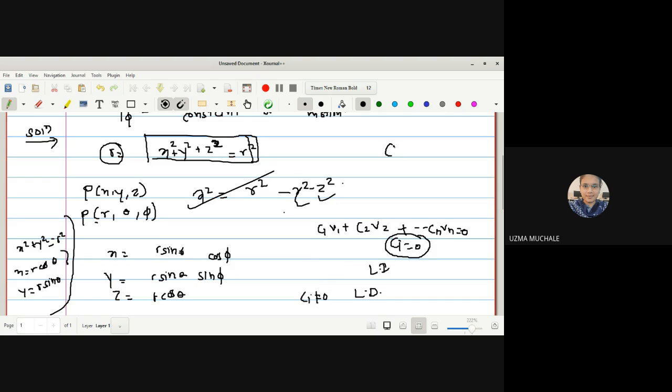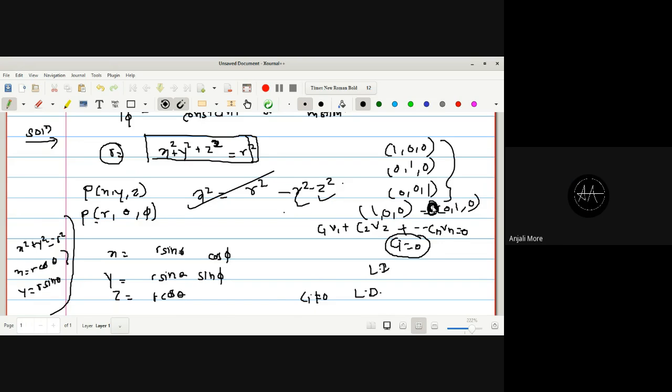Okay, just tell me about 1 0 0, 0 1 0, 0 0 1. Whether they are dependent on each other, can anything be written in terms of the other? Can I write 1 0 0 in the format of 0 1 0 with some constant if I adjust here? Is it possible? No, ma'am. Why is it not possible? So that's why we say it is linearly independent. The meaning of linearly dependent is that one can be expressed in terms of the other.